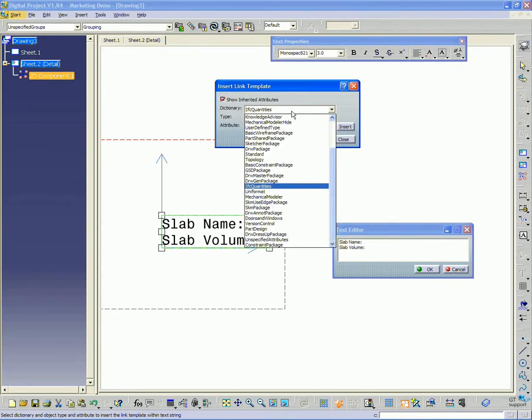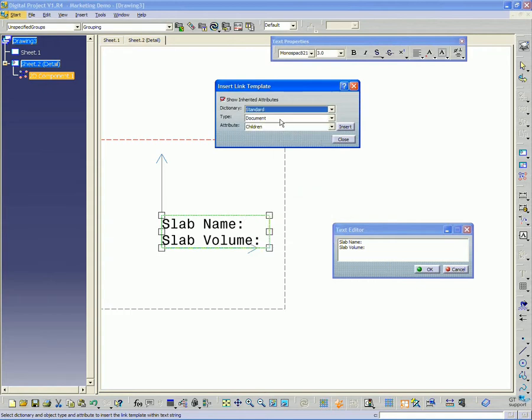So I'm going to go under dictionary. I'm going to select standard. And I want my type to be set to feature. And under feature, the attribute